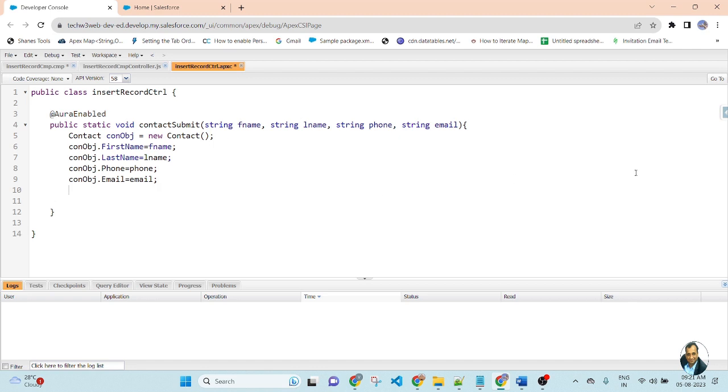Now I am inserting this contact object. Now I am saving the file.